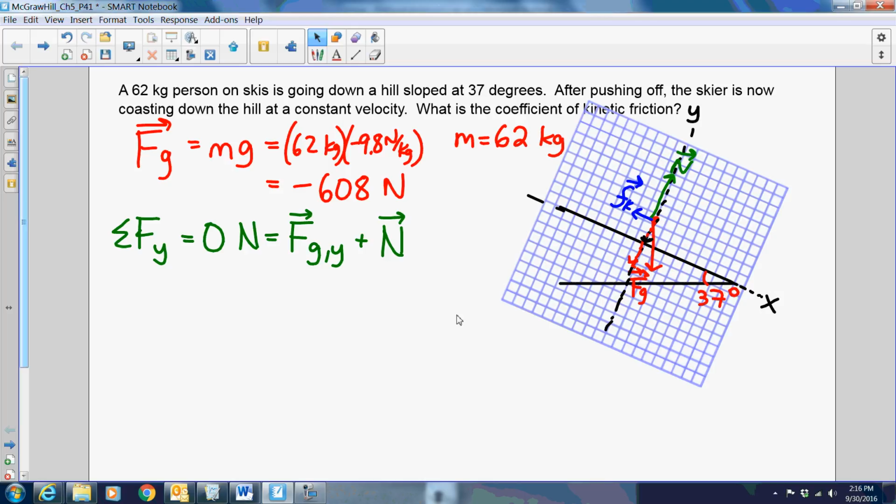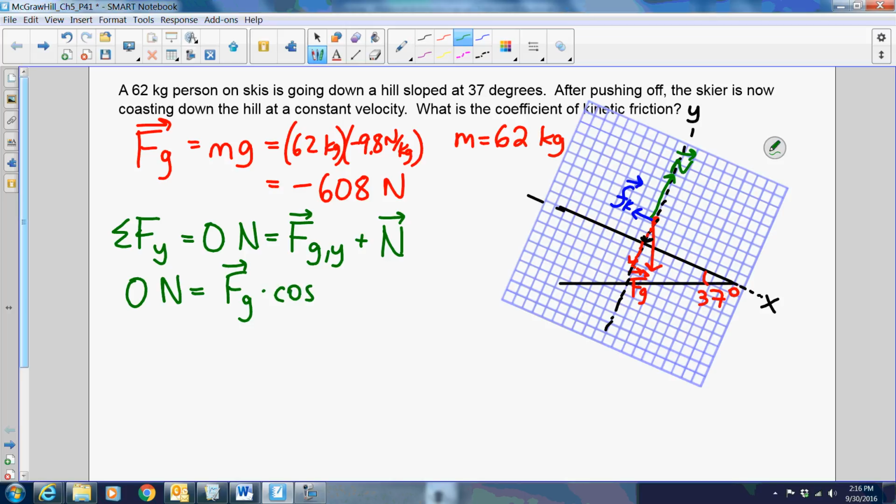Okay, so if I solve for this, I'm saying I know that the hypotenuse, which happens to be the force of gravity, times the cosine of 37 degrees would give me that adjacent side plus the force I'm looking for. So once I plug in my information here, I know